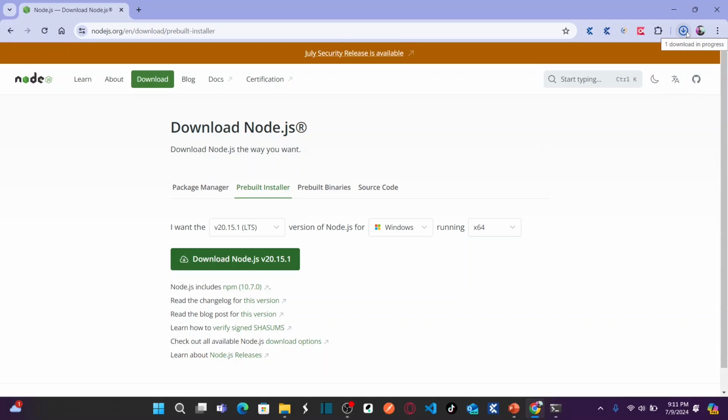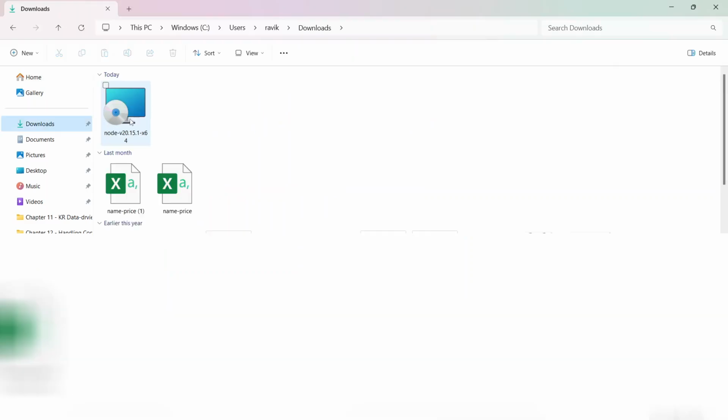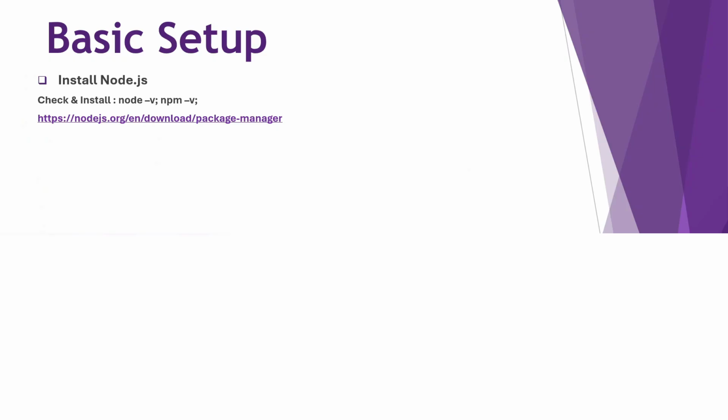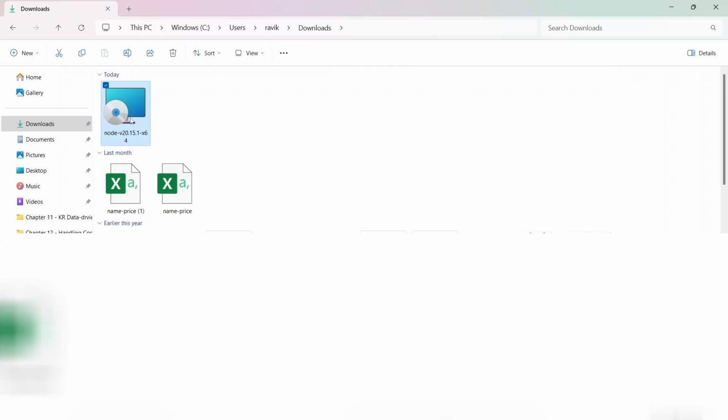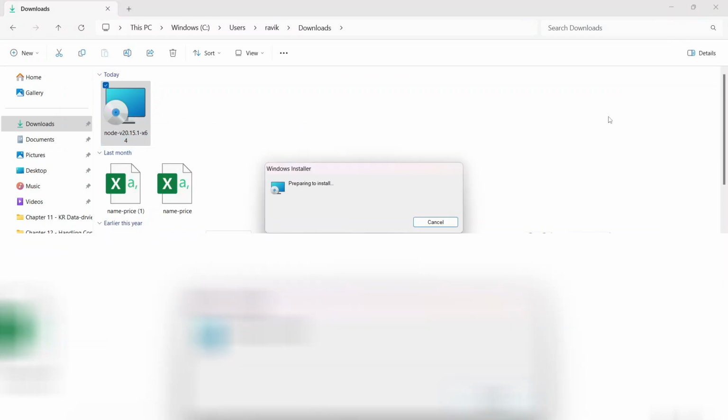So once it is downloaded, navigate to the downloads. This is my Node.js. And then what should we do? We need to install the Node.js now. How to install? You just need to double click on this .exe and then